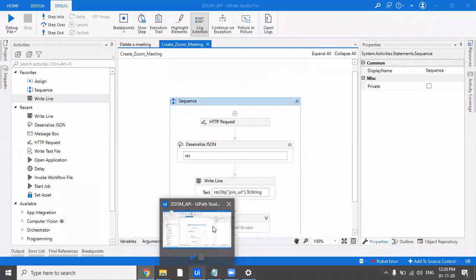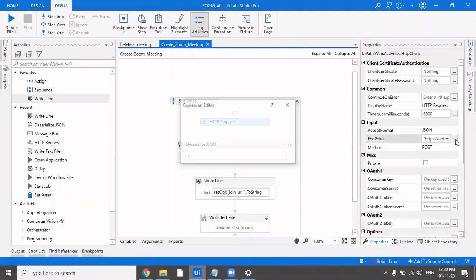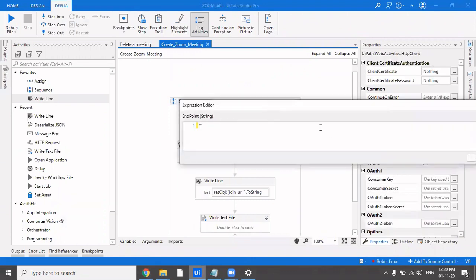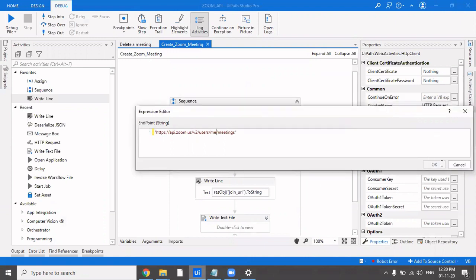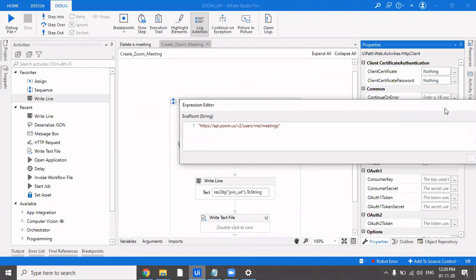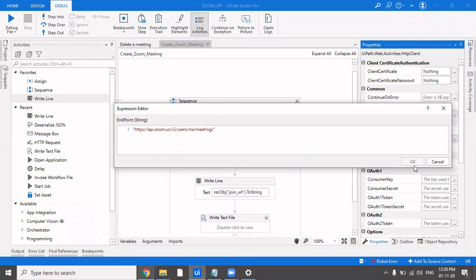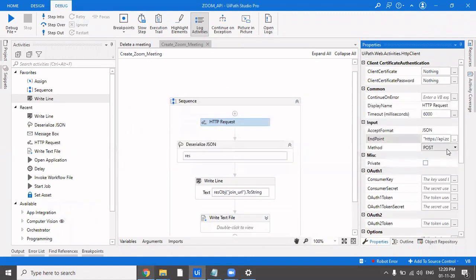So this would also be a get request, and I don't think I need to explain anymore what the get request will do. By now you must be aware what the get request would be doing, what the post request would be doing. So this one would be a get request.